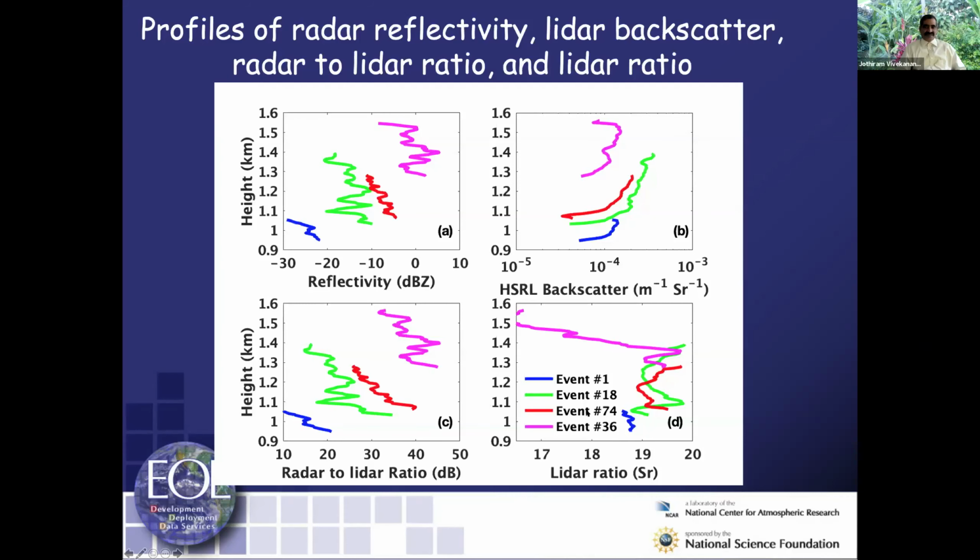The bottom right corner, last plot, shows the LiDAR ratio. For the blue curve, you could see about 19 or 20 in this case. This is very well known. For cloud droplets, numbers are close to 19 or 20 for a LiDAR ratio, which is the extinction to backscatter ratio. But if it is not cloud droplet, that value could change depending upon droplet size, mainly in this case droplet size.